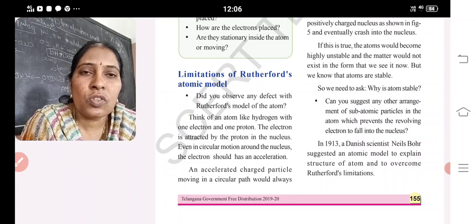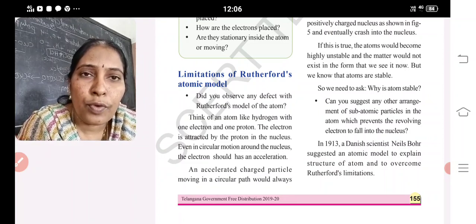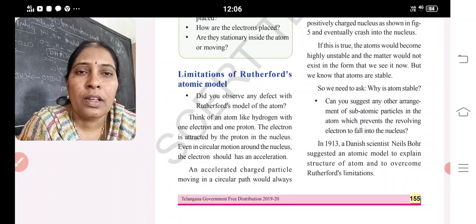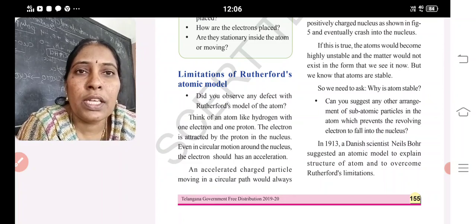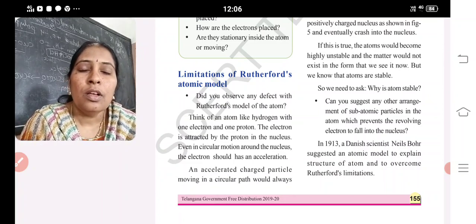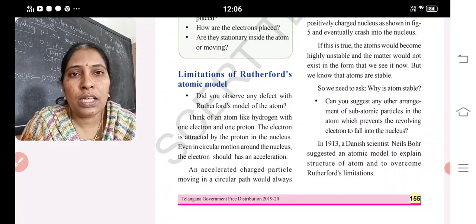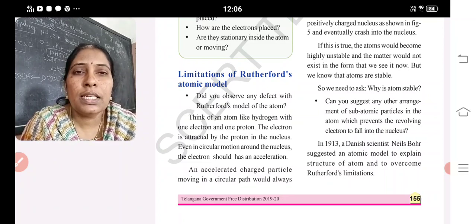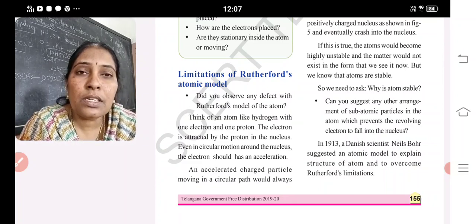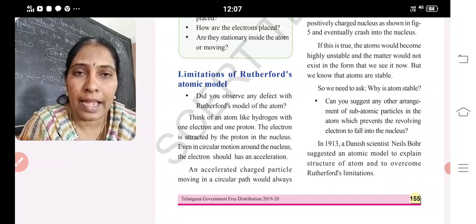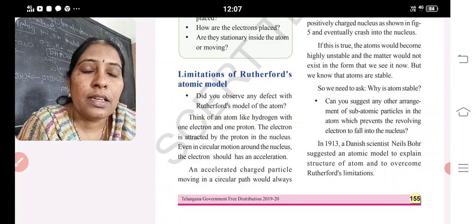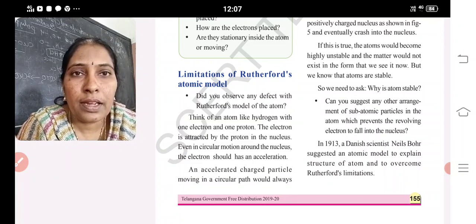So what he observed, let's listen carefully. This is the base to the chemistry, children. He took a gold foil, like a circle one, and he passed alpha rays through that gold foil. What he observed, most of the rays passed through the atom. The gold foil is considered as the atom here. So from this, what are the conclusions he drew? As the rays are penetrating through it, the atom may consist of mostly empty space.